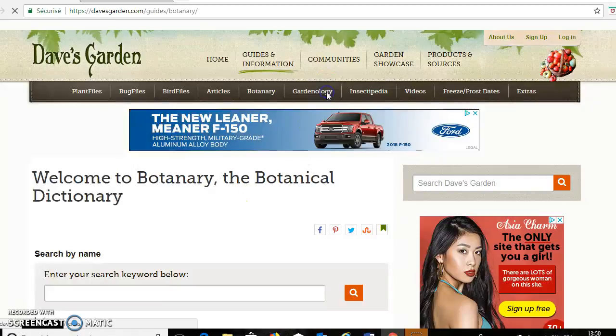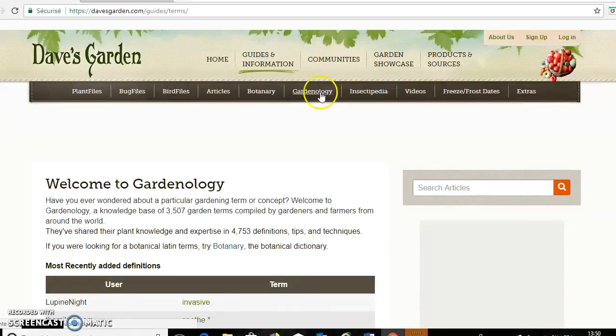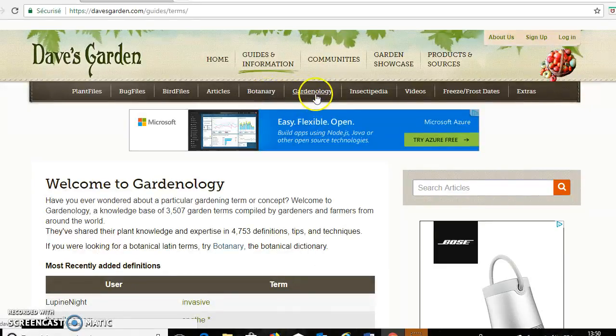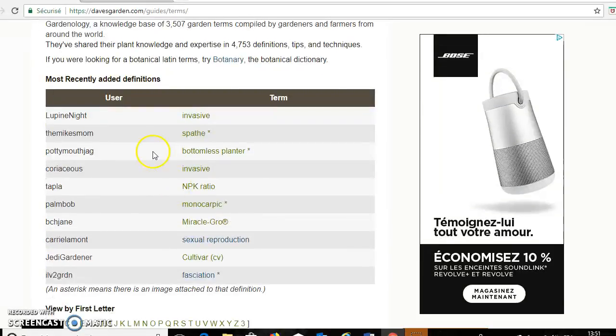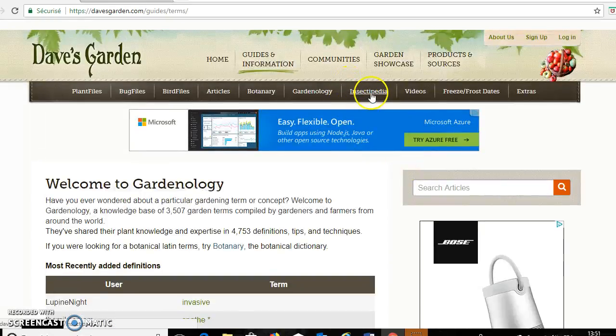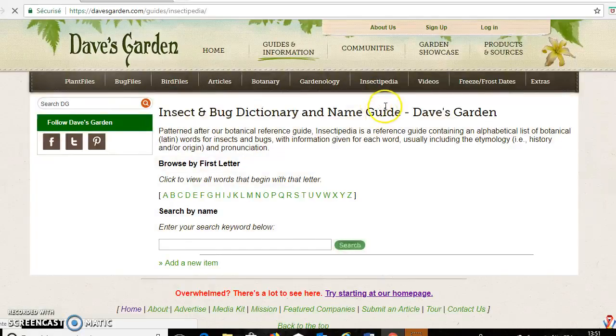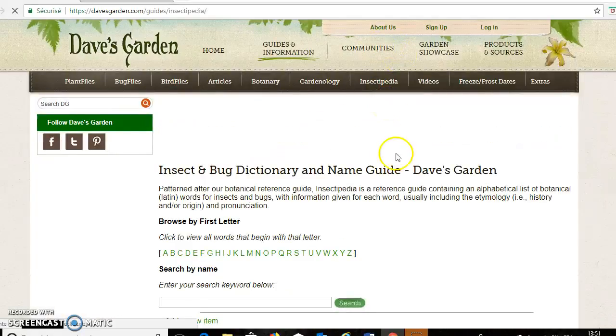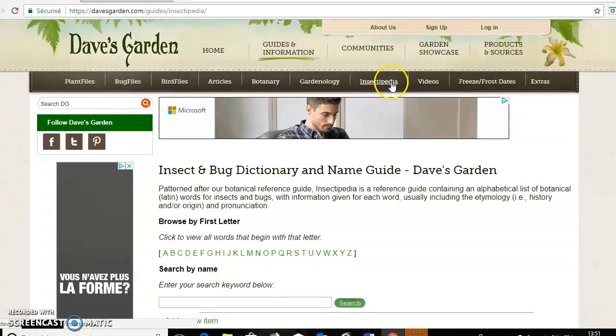The gardenology is almost the same concept as the dictionary, but with terms and concepts. So if you don't know terms and concepts of biology or garden, you go in gardenology and you have them. If you want to know more about insects, you go in the Insectipedia in the navigation menu,